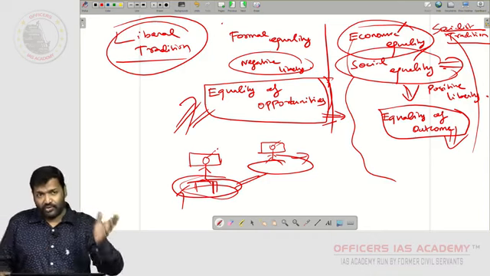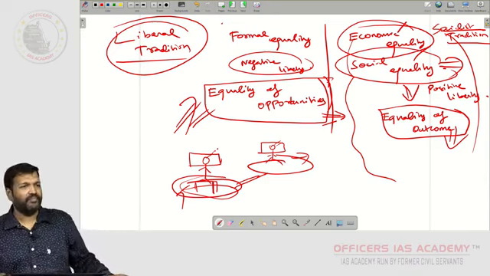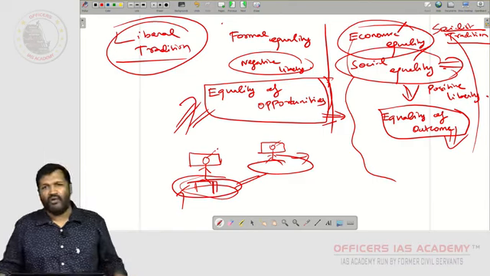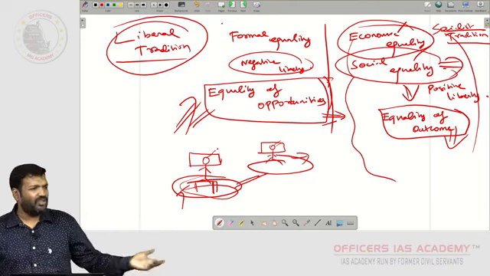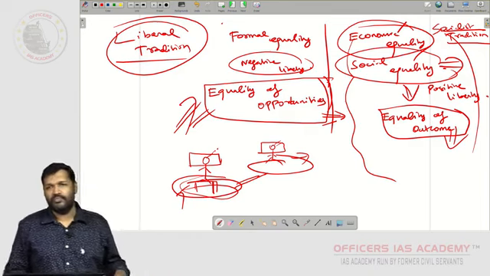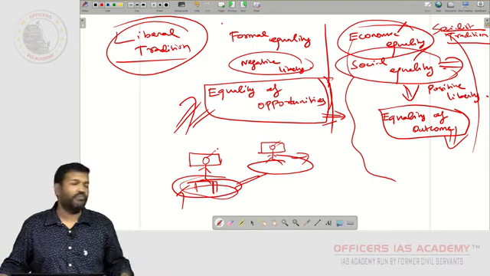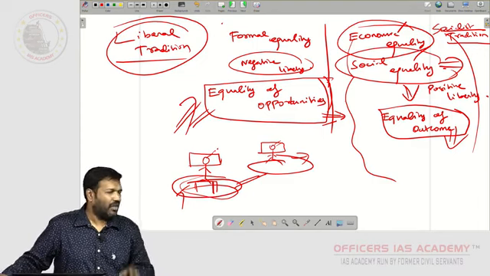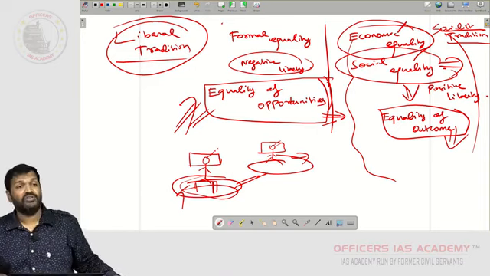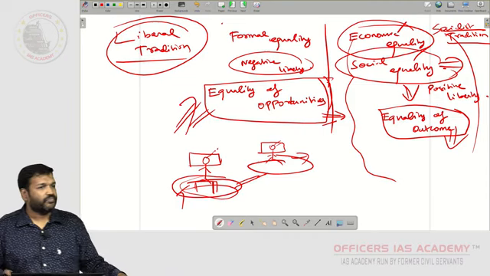Okay. So where this liberal tradition is supporting us, what is easily realizable? Tell me that. Don't tell me about some kind of economic equality, equality of wealth, social equality, or equality of outcome, which is unrealizable. It is not possible to create stools every day because one person has grown, another person has not. Then you will be endlessly creating stools for the least advantaged, underprivileged. Leave it free. Create a more meritorious society, says the liberal tradition. So on one side you have equality of opportunity, on another side you have equality of outcome. Right?